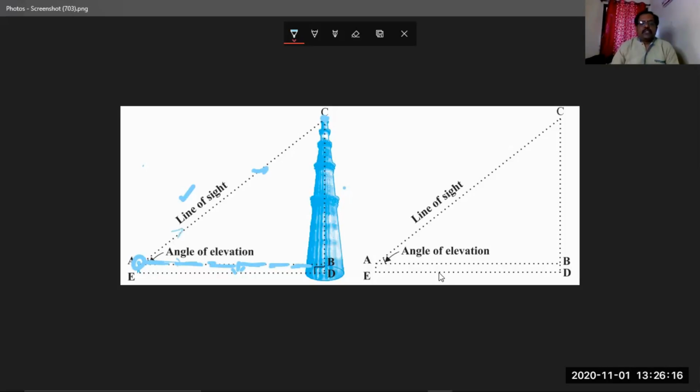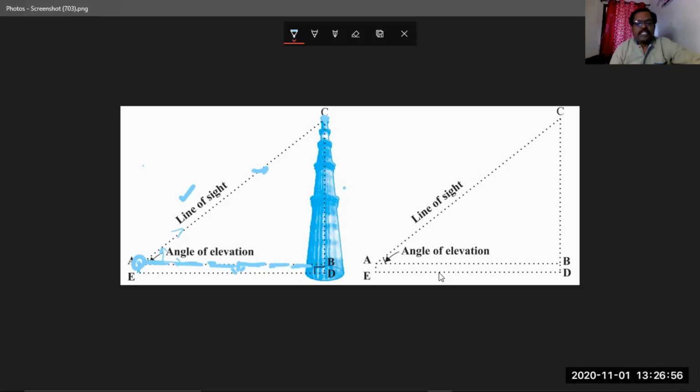And this one is the line of sight. So how does the angle of elevation come about? The angle made by this horizontal line with the line of sight is called the angle of elevation. That person should look in an upward direction to see that object. So that type of angle is called the angle of elevation, right? I hope everyone understood this. The angle of elevation takes place when we need to see above our eye level.